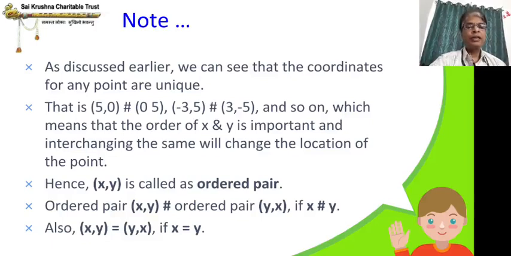Like the number line we saw when we studied number systems, where each point has a number and each number has a point, similarly each point has unique coordinates and each set of coordinates, that is an ordered pair, has a unique point in the coordinate plane. Hope you are able to understand; it is very simple. You can just note down this definition of ordered pair and this concept, then move on to the next page.